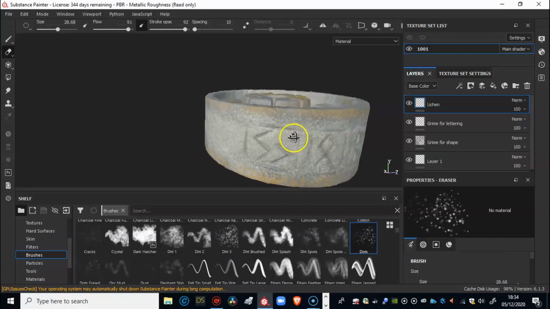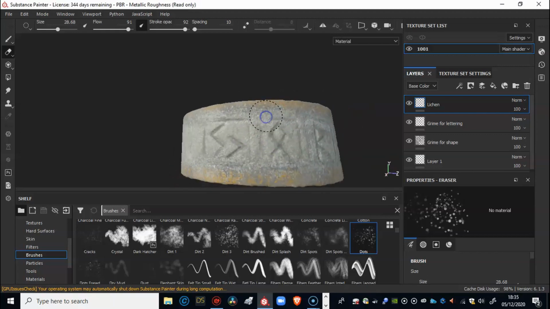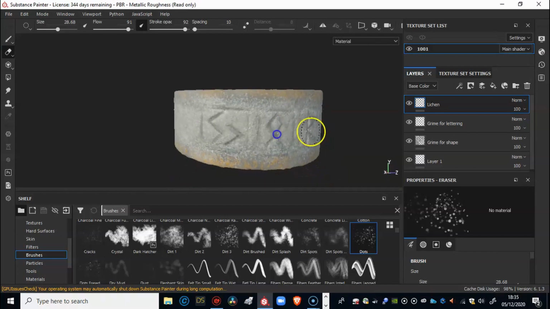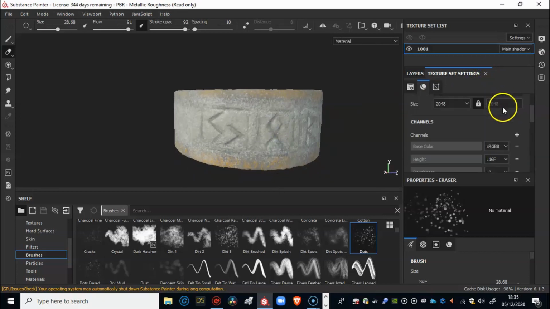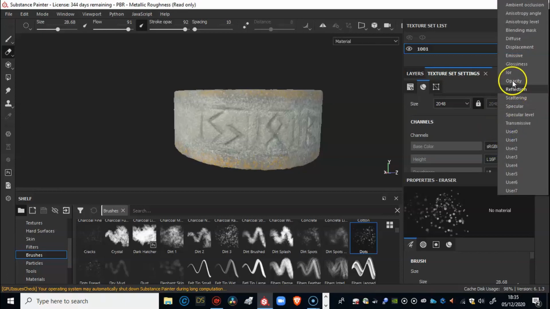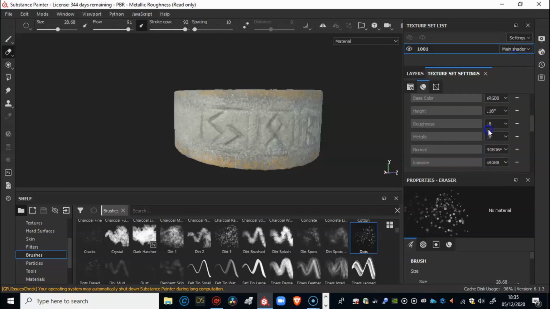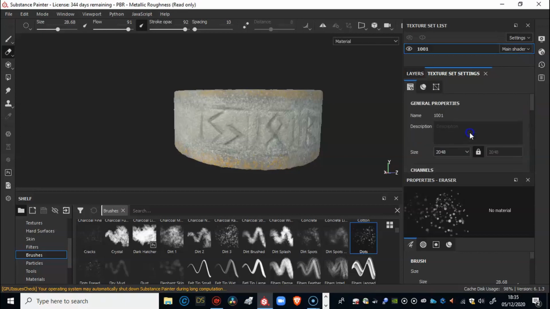Welcome back folks. So in this video we're going to be taking a look at painting some emissive paint into our object. In order to do that we'll need to go through to texture settings, and we need to click on the plus symbol here, and then what we need to select is emissive. Select that. And then as we scroll down, we want to make sure that when it comes to what we want to be active,